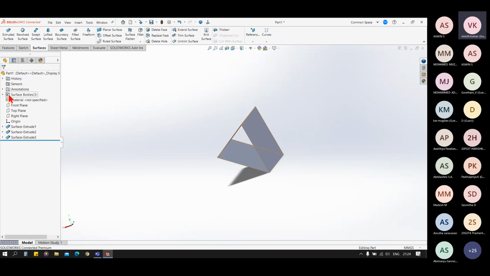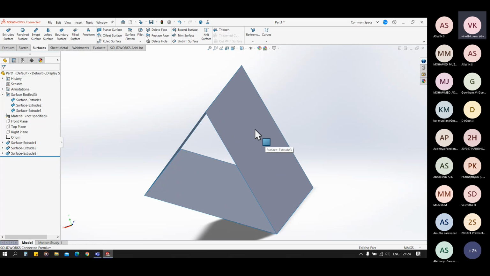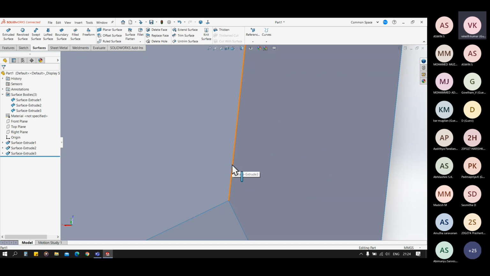You can see those three bodies in this drop down under surface bodies. You can click on separate bodies within this tree. Now you see these bodies are joined by blue edges. A blue edge indicates that this surface body is not connected with the earlier surface body.